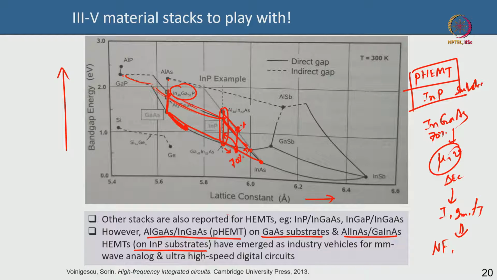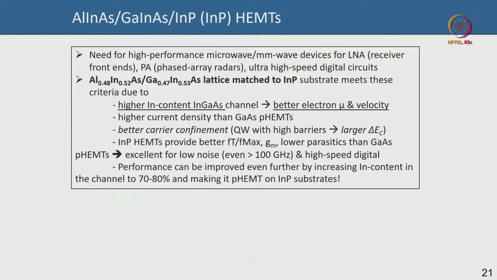Also, actually gallium nitride has largely displaced many of these technologies, especially in the microwave range, but not in the millimeter wave so much, but there is a lot of push in the millimeter wave also. Anyways, so indium phosphide HEMTs are really important for low noise. So receiver application, low noise receivers, phased array radars and high speed digital circuits, and so essentially this stack lattice matched